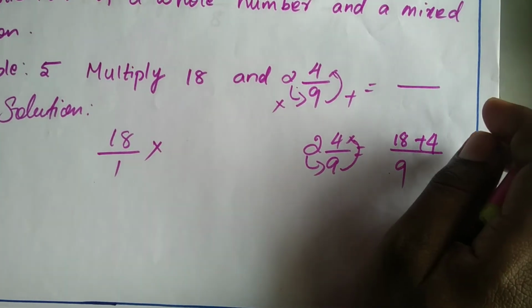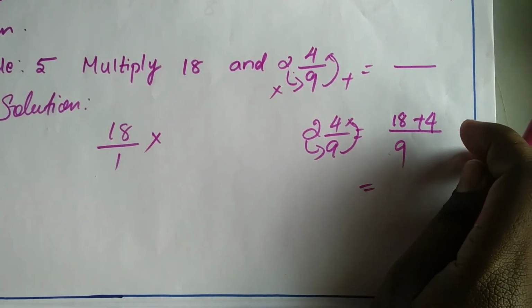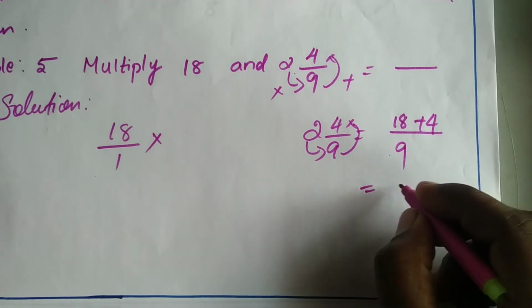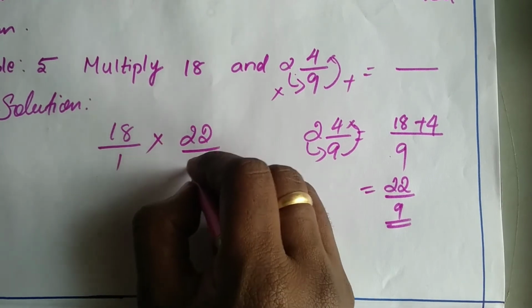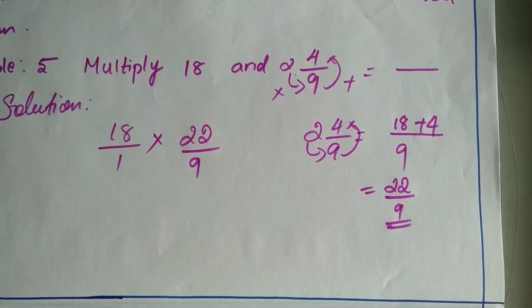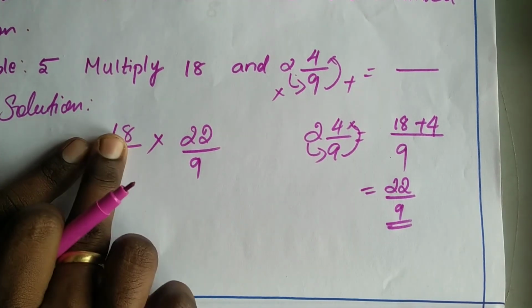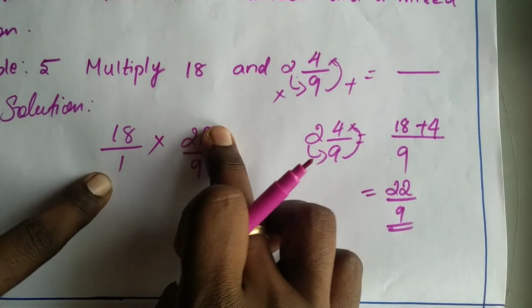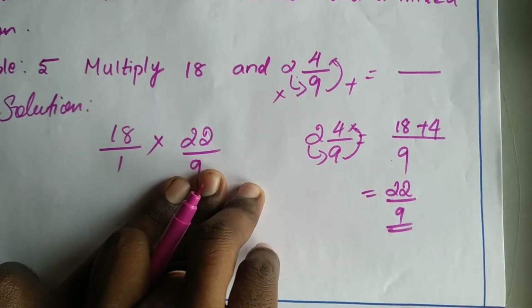What is the answer? That's equal to 18 plus 4. Guys, please tell me faster. What is 18 plus 4? Yes, very good. It's 22 by 9. So write the number here, 22 by 9. Next we want to check whether it is possible to cancel any numerator and denominator, so we want to find a common factor. Is there any common factor? You can check like this. So 22 by 9, is it possible? No, because one is an even number and the other is an odd number.